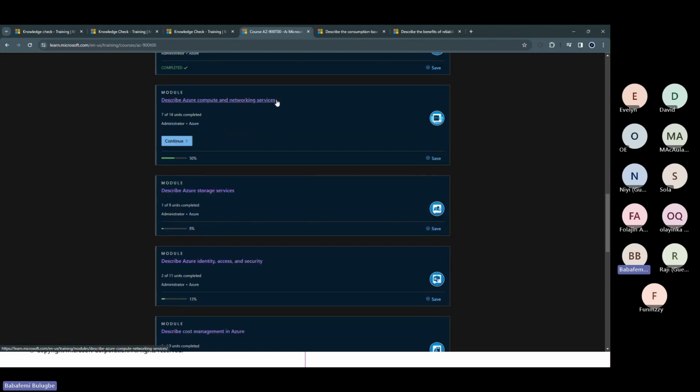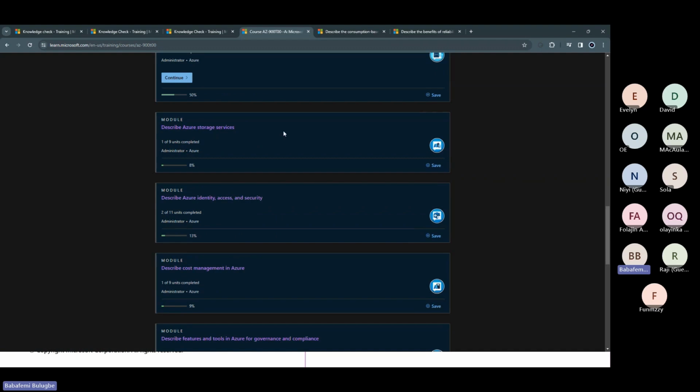We talked about the virtual machine, the Kubernetes service, the container instance, virtual machine scale set. We talked about the storage services, where we mentioned the blob, the tables, the files, and